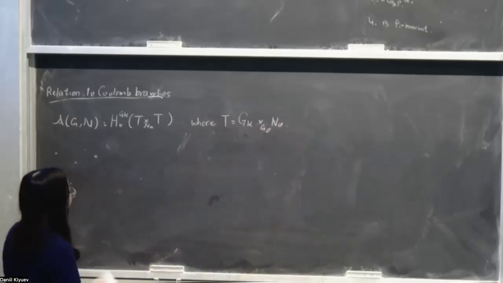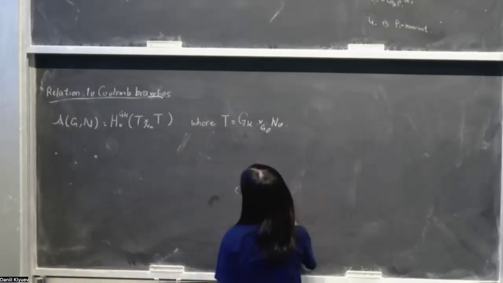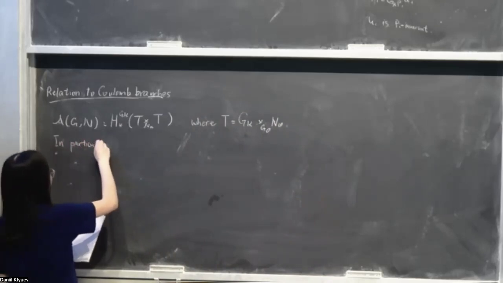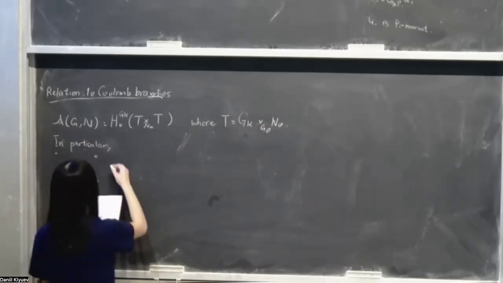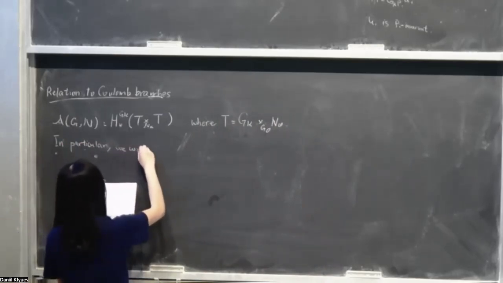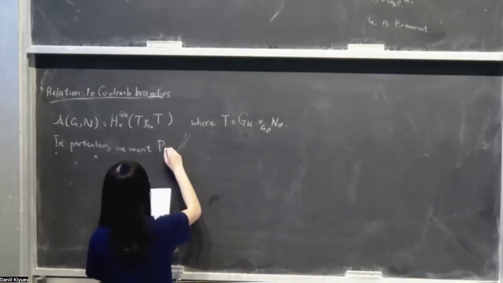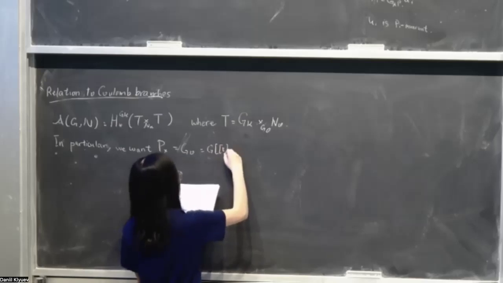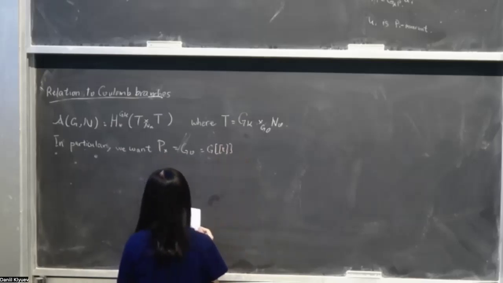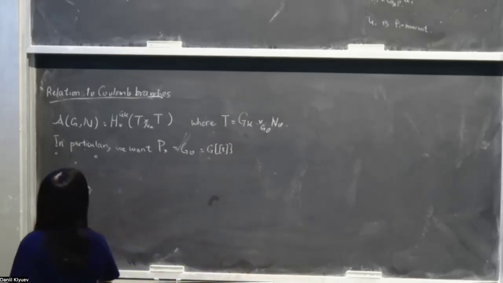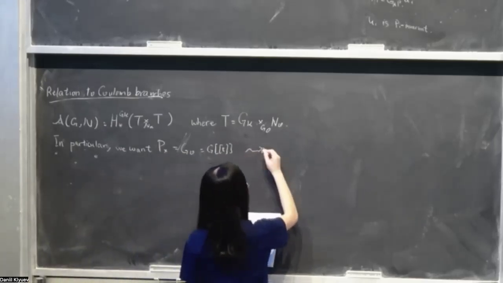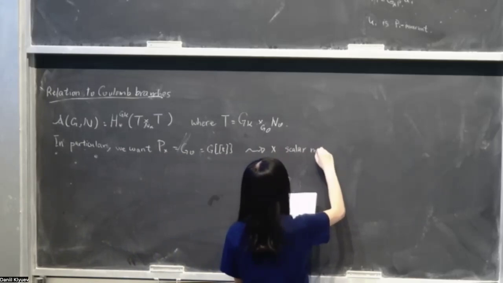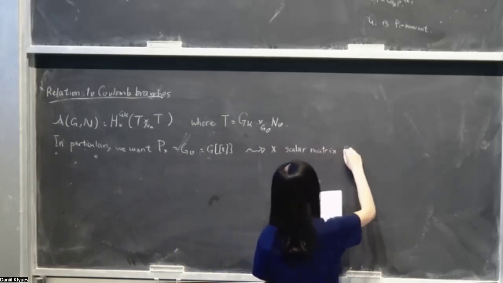So in particular, this corresponds to our previous case, when P_X is GO. And to do this, we want to consider X to be a scalar matrix for